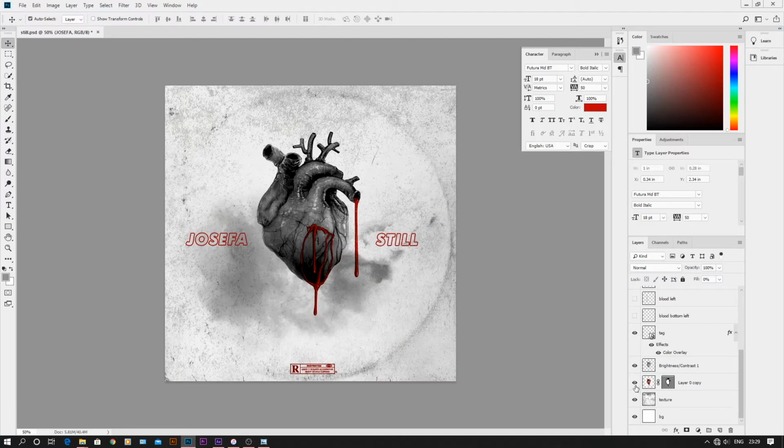I played around with it. The original was that one, and then I played around with the image, played around with the exposure and the brightness, and then I continued making it black and white so that the red could pop, because that's what I wanted to be the main color, the red. And for the blood,